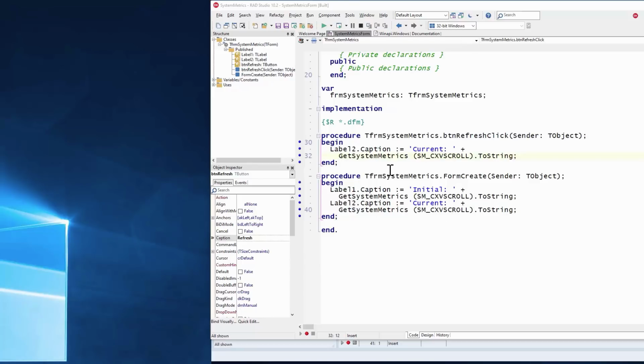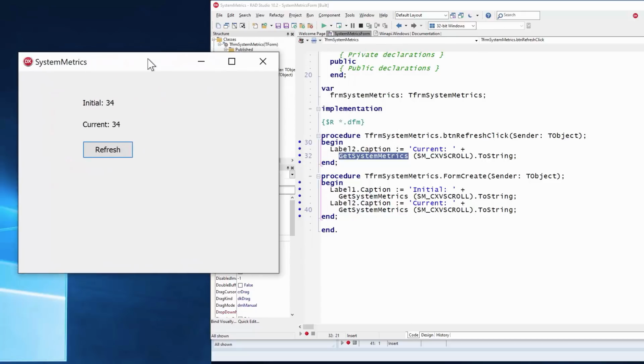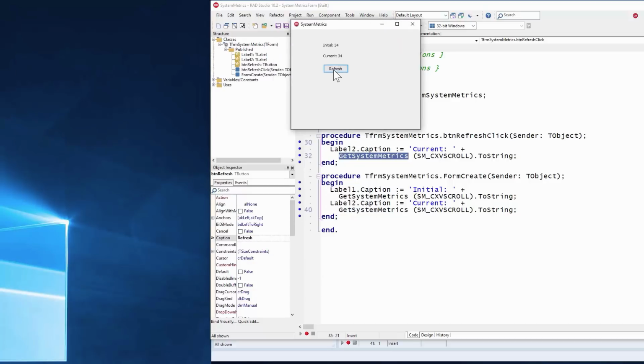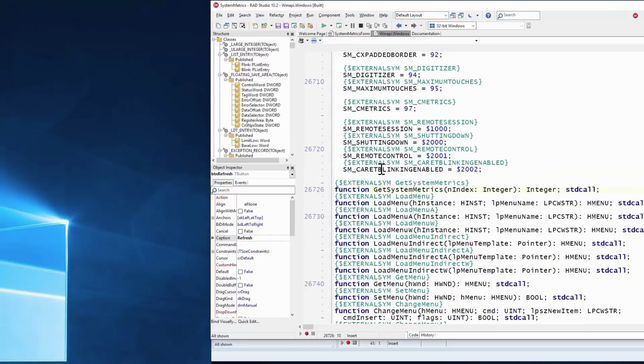As you might notice, this is actually 10.2, not RAD Studio 10.3, and I'm running this very simple application that makes a GetSystemMetrics API call and asks for the size of the horizontal scroll bar. If I run it, the application gives the value of 34, and it gives that value regardless of the monitor it is displayed on. This is the behavior of the API this code is mapped to,